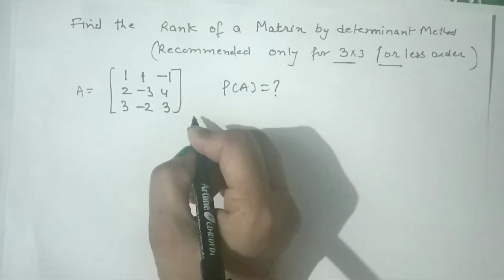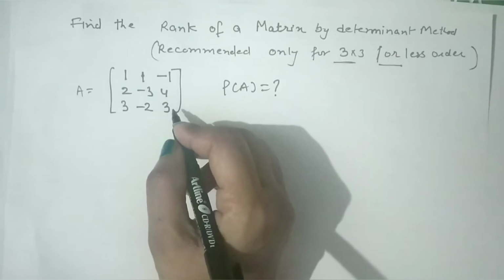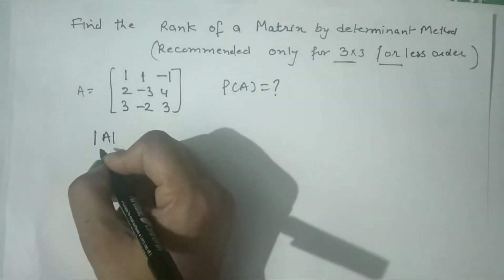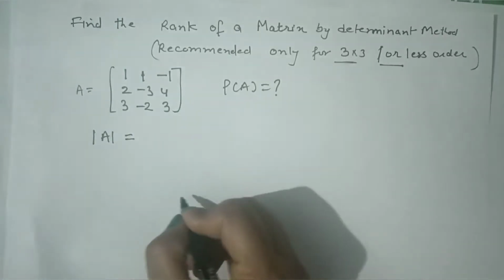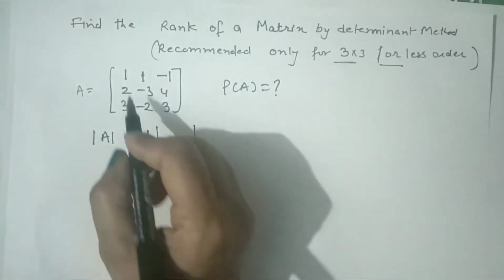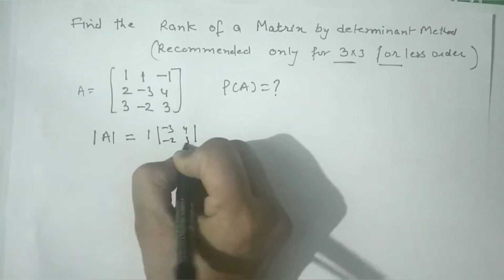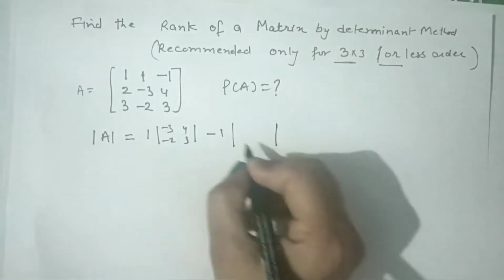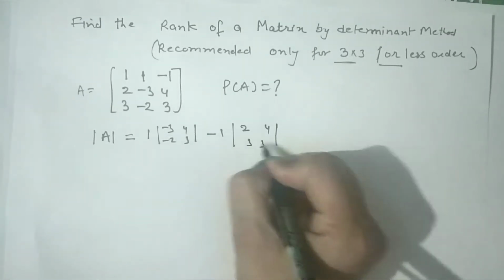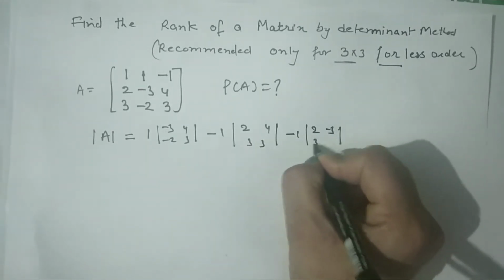First of all, we will check what is the highest minor that exists in this matrix. That is the 3 by 3 order minor, the determinant of A. So this is the minor of order 3. We find the determinant according to our expansion method. Expanding with respect to the first row, we will get the cofactors here. This is 2, 4, 3, 3, and then minus 1 into 2 minus 3, 3 minus 2,